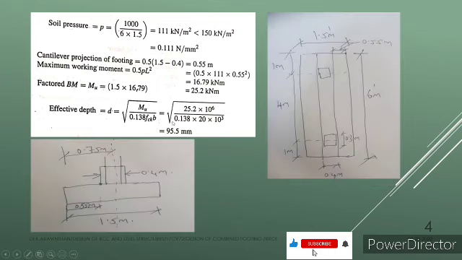So, here what we have done is, see, this is the column. You are having a column which has a distance of 4 meter, and we have given a design size of footing as 6 meter by 1.5 meter length and width. Now, also we have provided a strap beam. This beam runs throughout the length of the footing and its dimension is 0.4 meter.